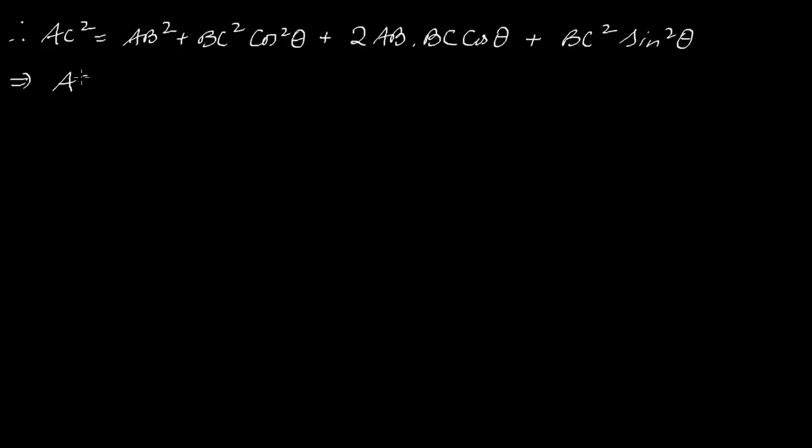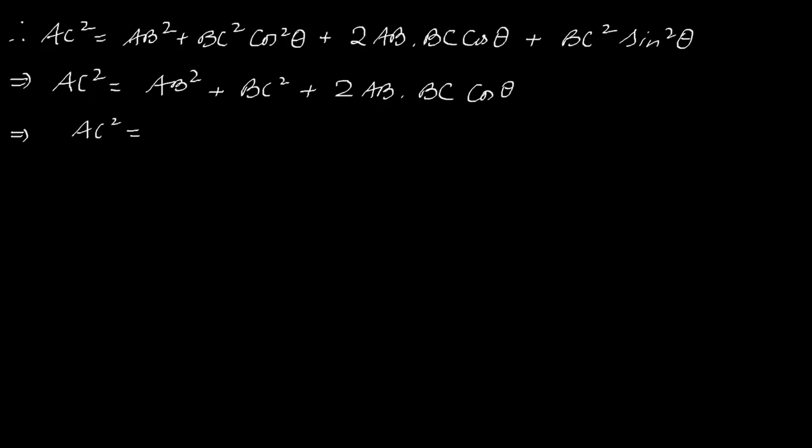Okay, so let me just cut short this step. BC square cos square theta and BC square sine square theta. If I take common BC square, then inside the bracket I will have cos square theta plus sine square theta, and that is equal to 1. Okay, and 2 AB BC cos theta. All right, so you have AC square is equal to